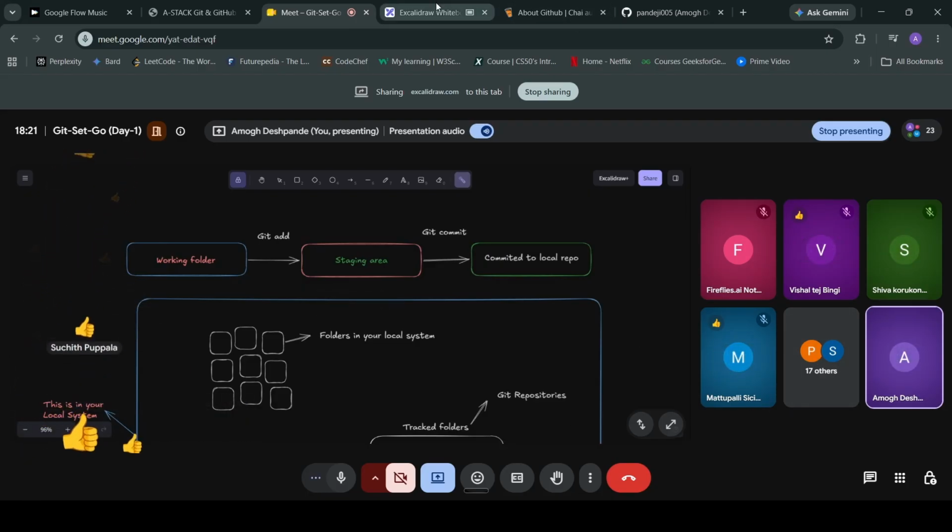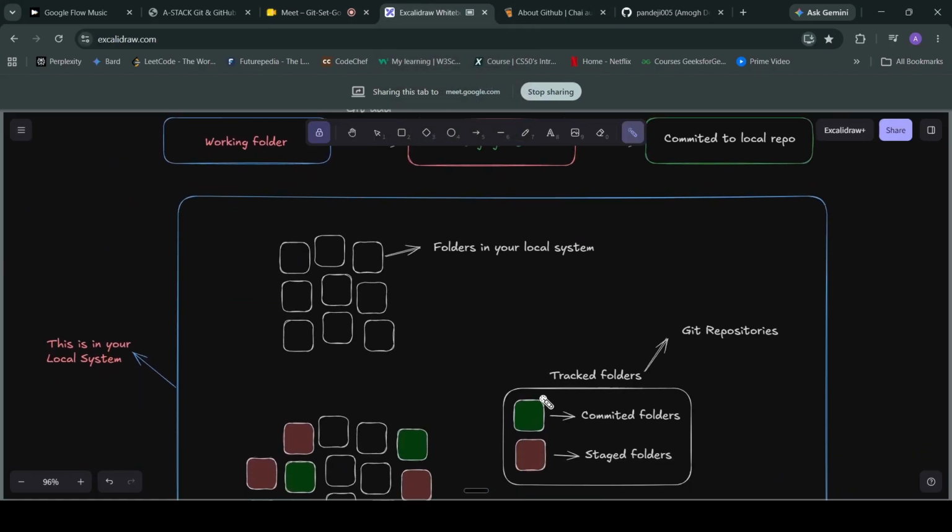Okay, so I also created a small diagram for you. These boxes are separate folders in your local system. I'm again giving you the same example. You have a laptop, you have multiple folders. This one is for GitHub, this one is for WhatsApp, this one is for images, this one is for something else.